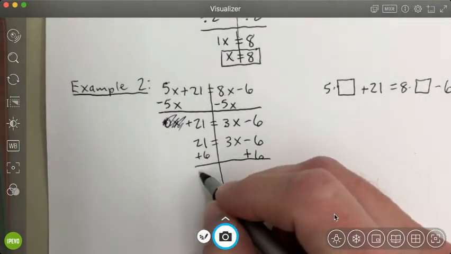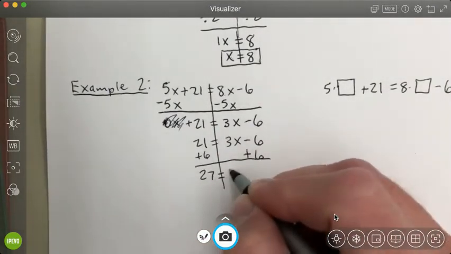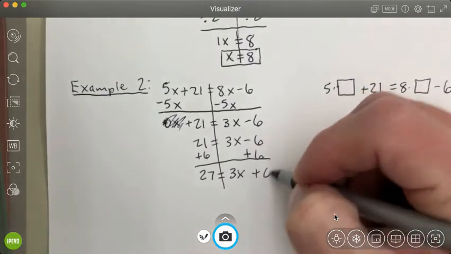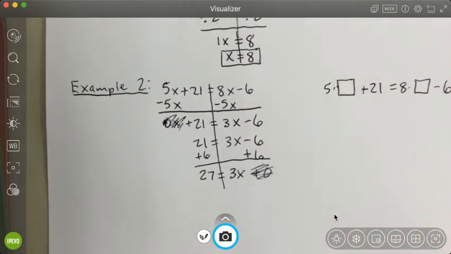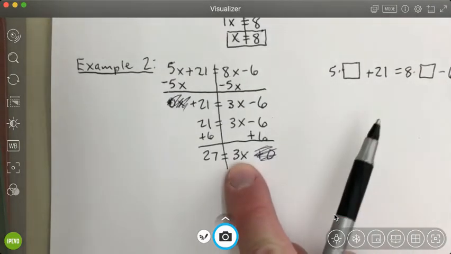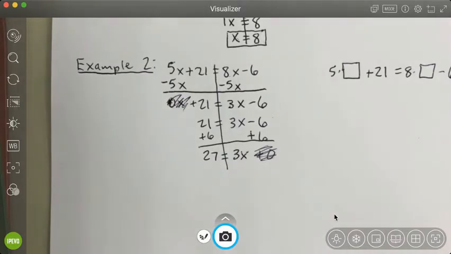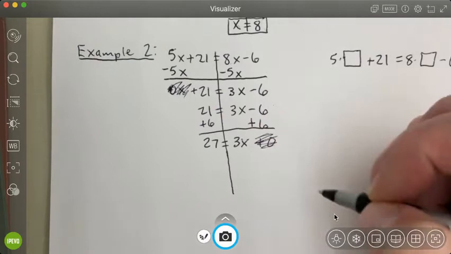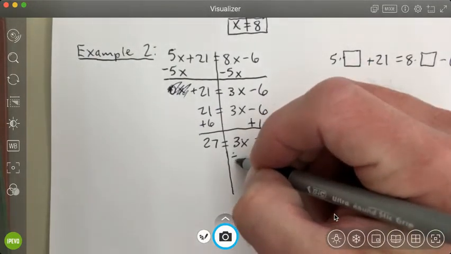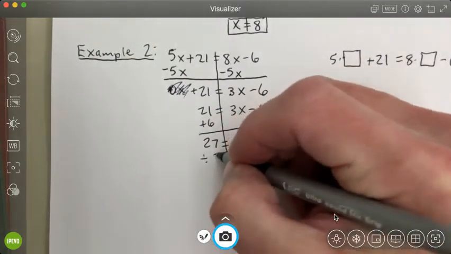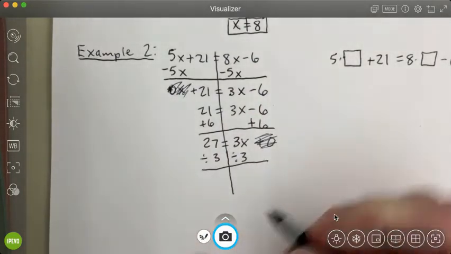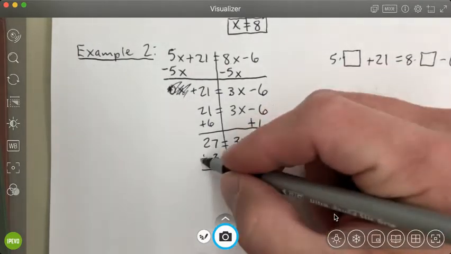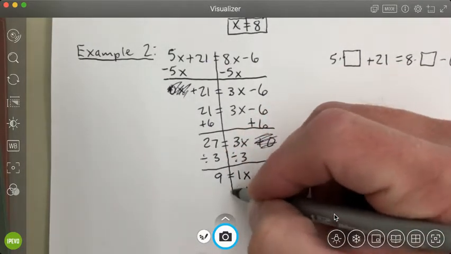And so now I'm going to see that 27 equals 3x, and negative 6 plus 6 is 0. Now notice how I have my x on one side and just a number on the other, but it's still a 3x, and I want it just to be x. And so my final step here is going to be divide by 3. 3 divided by 3 is going to be 1x. 27 divided by 3 is going to be 9, or more simply,